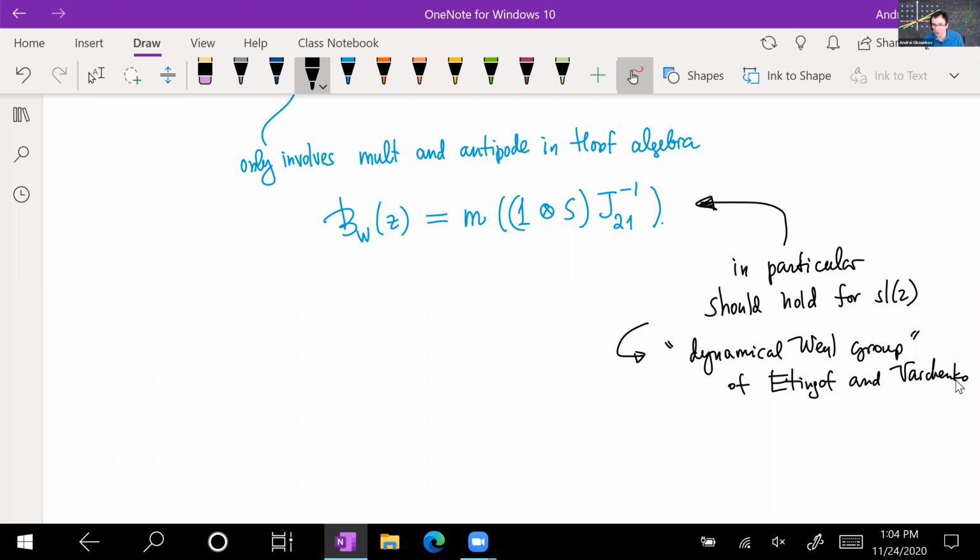Well, they also have concrete formulas for their dynamical Weyl group, but also have an abstract one. I mean, if you have an abstract formula, in particular it should hold there. So that's